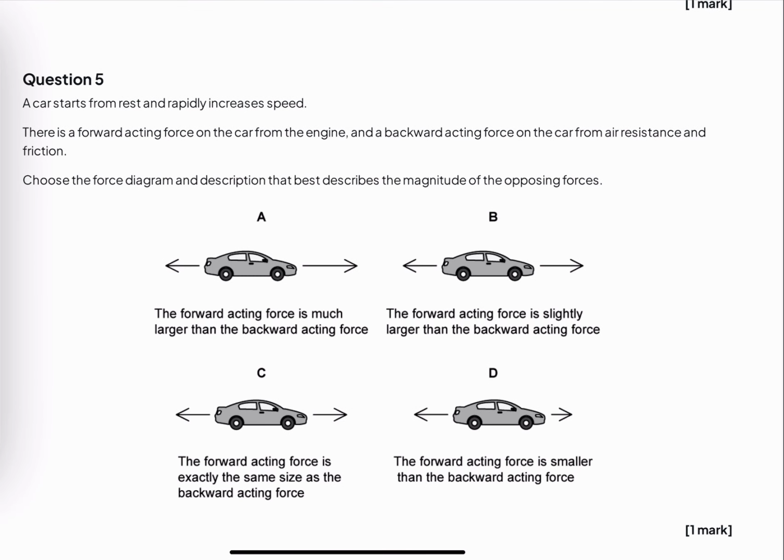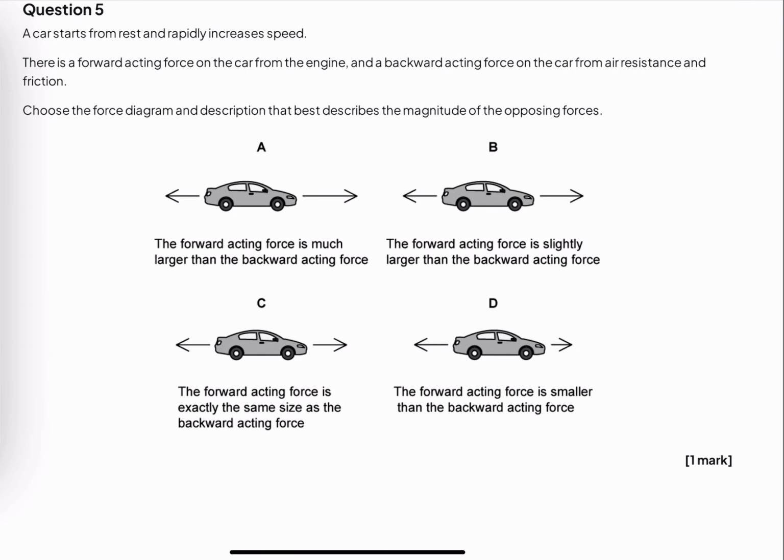Question 5. A car starts from rest and rapidly increases speed. There is a forward acting force on the car from the engine, and a backward acting force on the car from resistance and friction. Choose the force diagram and description that best describe the magnitude of the opposing forces. So it's option A. Why is it option A? The forward